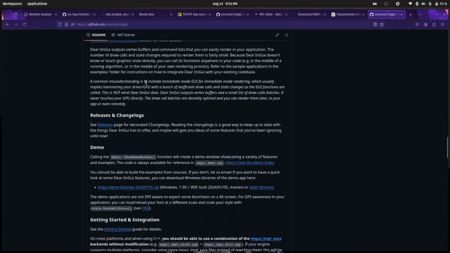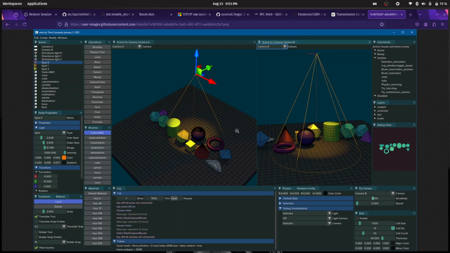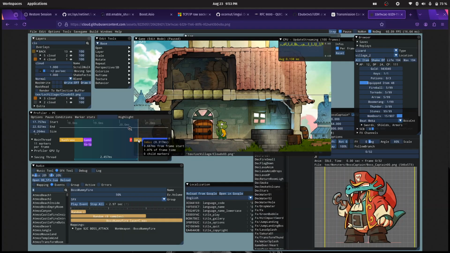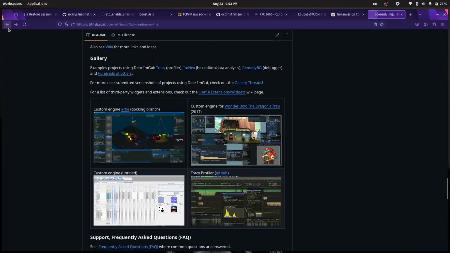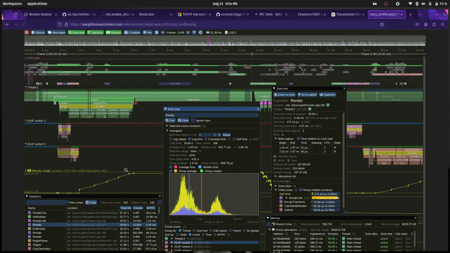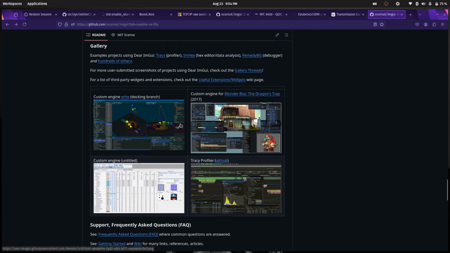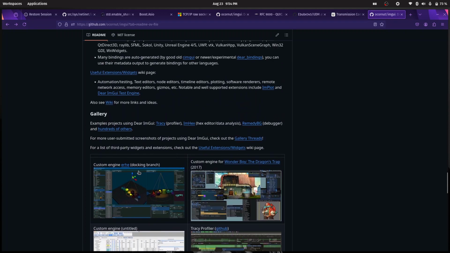I've been browsing for GUI frameworks. I've used some in the past, like wxWidgets and Tkinter. I knew of Dear ImGui before, but I felt it was more game-engine oriented because you had to do a lot of rendering, so I felt it might be a little more complicated. But actually, watching some videos online, I think I should give it a shot. So this is basically what we're going to be using